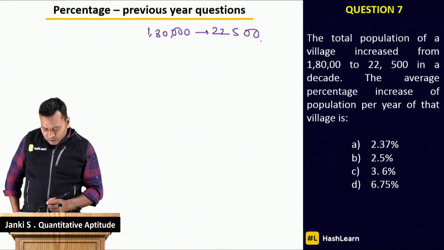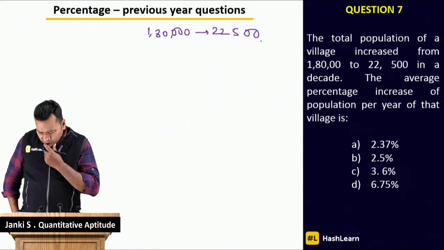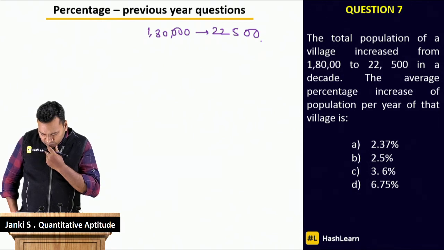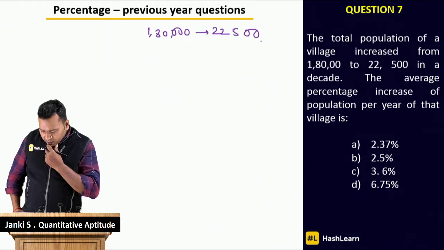Sorry, 1,80,000. There is something missing. Okay, increase from 1,80,000 to,